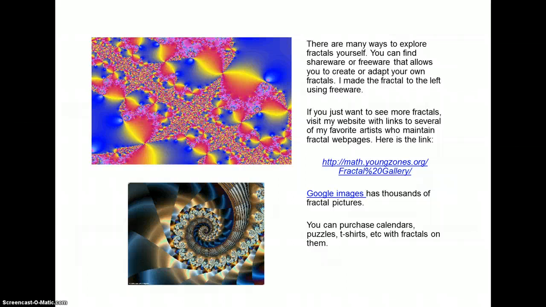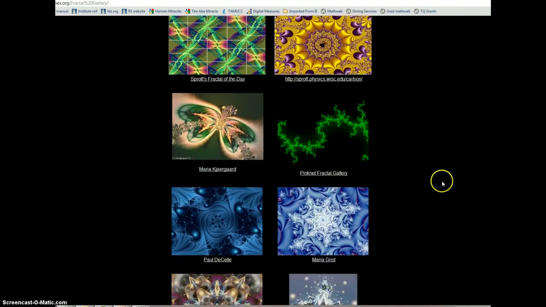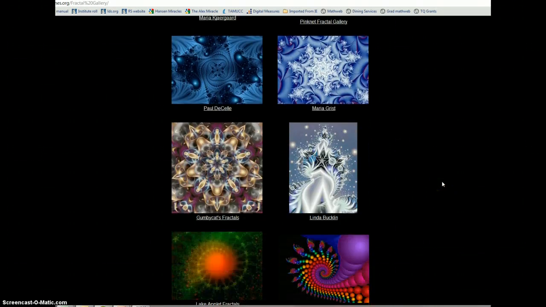If you want to just see more fractals, you can visit my website with links to several of my favorite artists. These are beautiful, and I think my favorite one is Gumby Cat. She often hides cats in her fractals. Now, these are first generated by a computer to do the math, and then they use artistic software to work with the colors